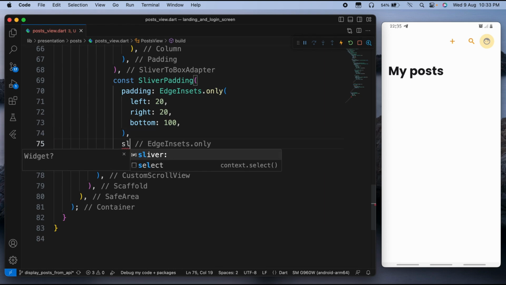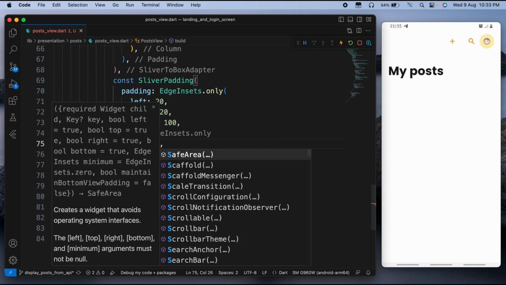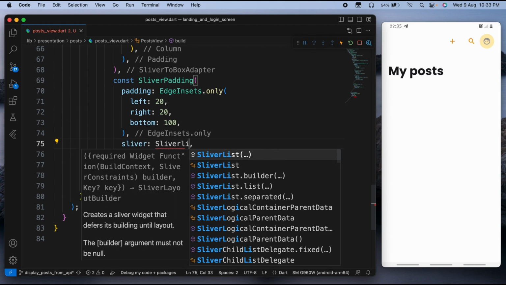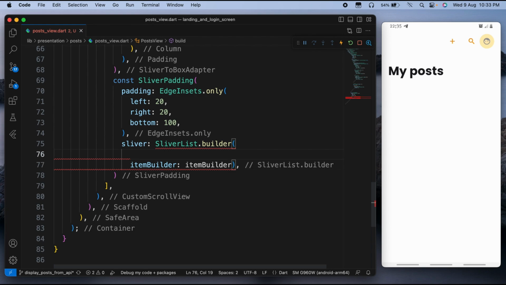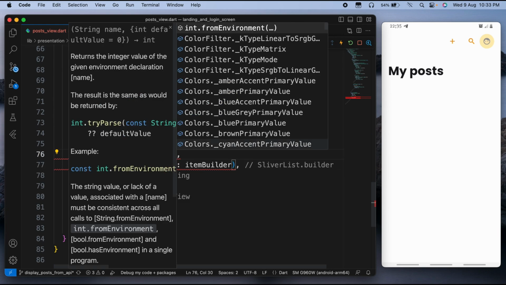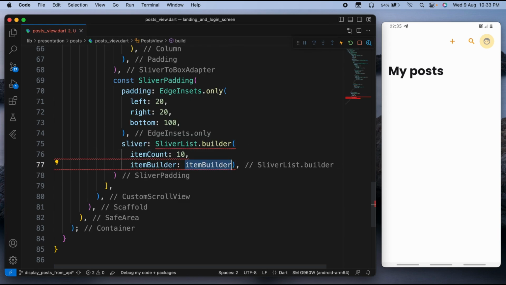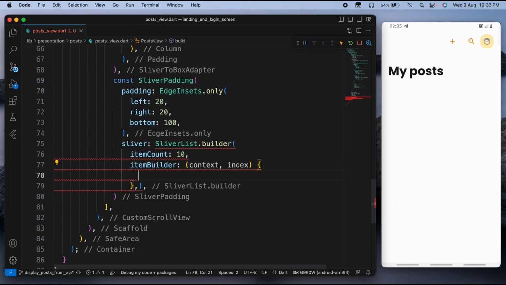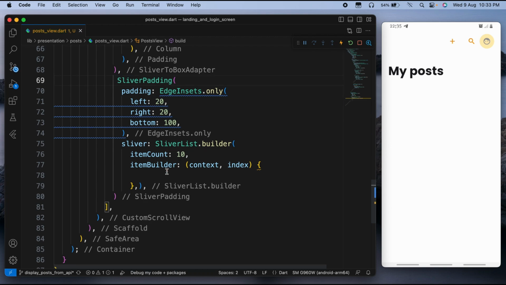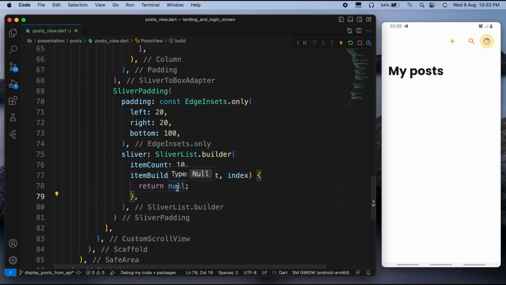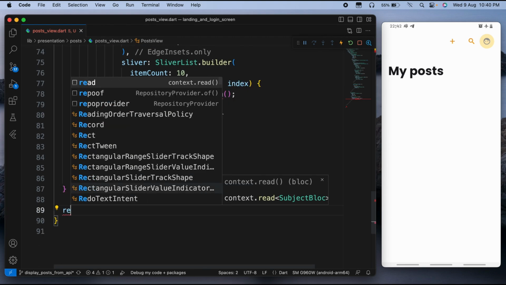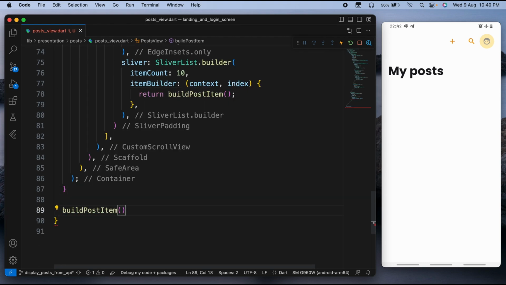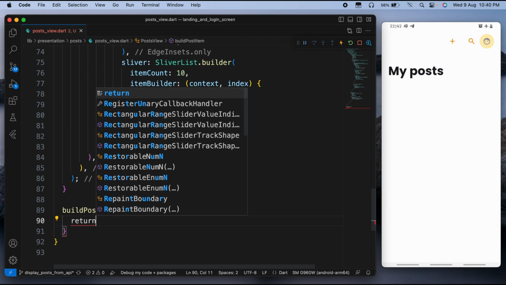And here below, our sliver will be actually a sliver list builder. Here we're gonna need some item counts. Let's say 10. And here our item builder. Let's remove these consts. Okay, and here we're gonna create it. It's gonna return